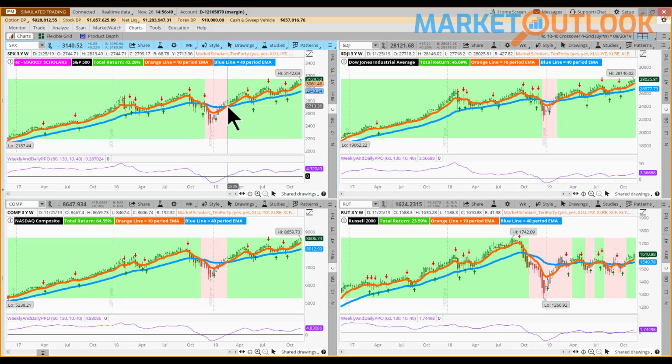As you can see here, basically by the end of February on the S&P 500 we had a bullish crossover and we've remained bullish ever since, and that's been the case with most of our indices with the exception of the Russell 2000, which has shown a little bit more chop and slop sideways there. Otherwise, the other indices have been rallying bullishly more consistently along the way. So for those of you that have maybe a 401k or other types of accounts where you're not able to trade quite as often as you might like, something like a 1040 crossover method might be useful for you to establish your basic posture. So basically, since February, your basic posture should have been bullish, at least according to these